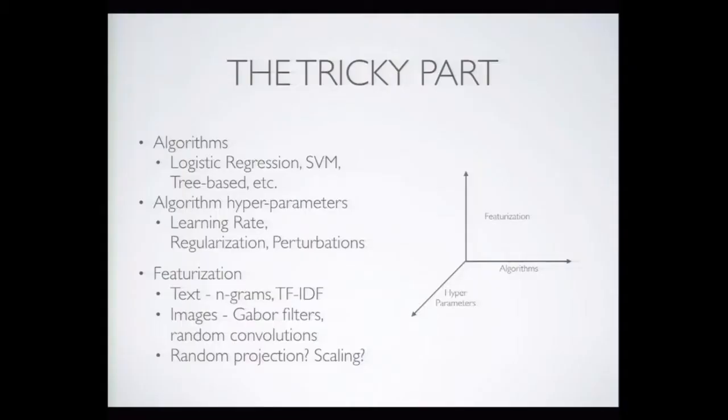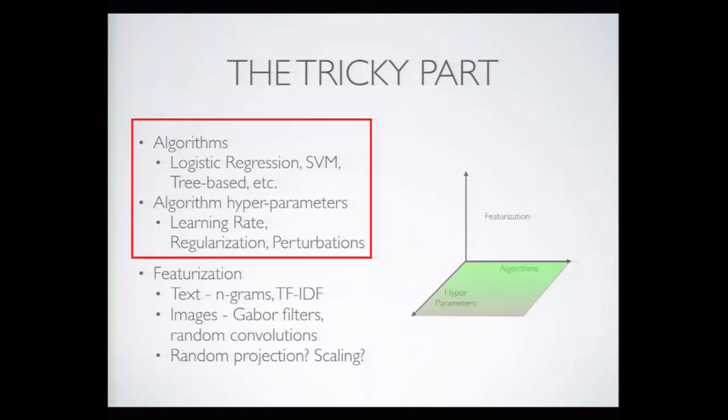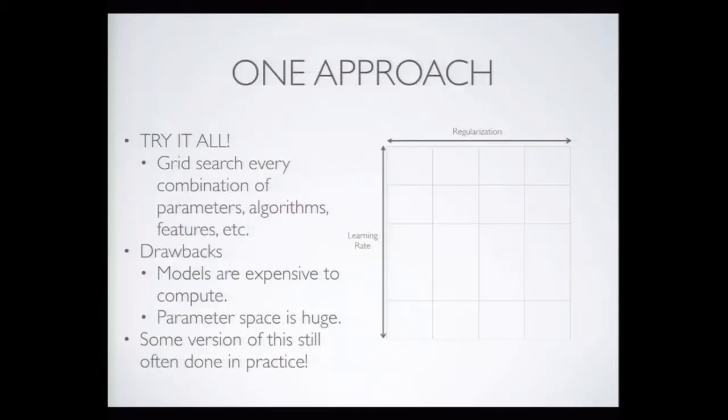The other portion is feature extraction and featurization. Again, that's not the focus today, but it's important as another dimension to keep in mind when you're building these pipelines. So maybe I should try different text features if I'm fitting a text processing pipeline. So n-grams, how big is the n? Or TF-IDF, how many terms do I go out when I'm fitting my text model? Similarly, for images, there are similar trade-offs to make. And then there are these domain-independent trade-offs that you can make as well. So again, with model search, we're really focusing just on algorithms and hyperparameters for now.